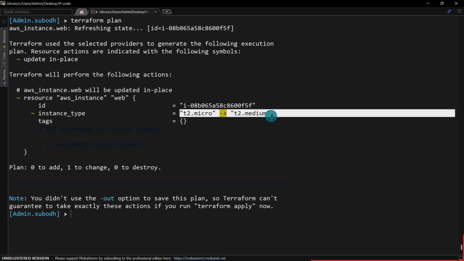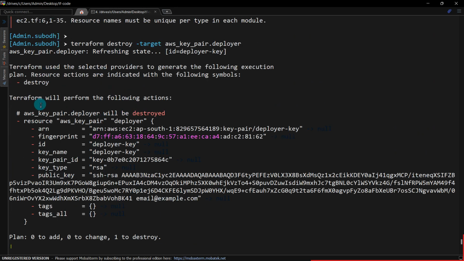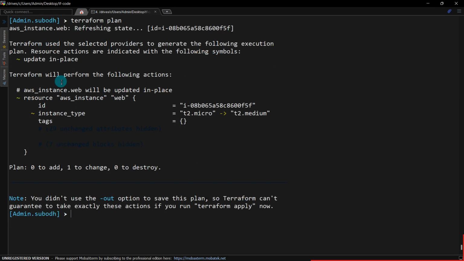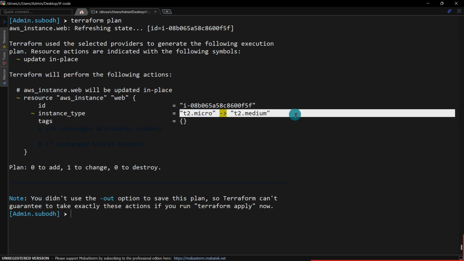That is the only change. ठीक है, जब आपको यहाँ पे प्लस दिखता है it means you are creating, माइनस दिखता है तो डिस्ट्रॉइंग. मतलब आपको यहाँ पे दिखाता हूँ, यहाँ पे माइनस, माइनस मतलब डिस्ट्रॉय, प्लस मतलब क्रिएट, and this tilde sign, इसको टिल्ड साइन बोलते हैं, that is nothing but an update. Okay, so what update it should do, t2.micro से t2.medium तक अपग्रेड होने वाला है, मतलब modification होने वाला है. So let's do terraform apply